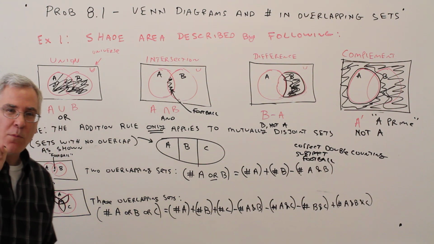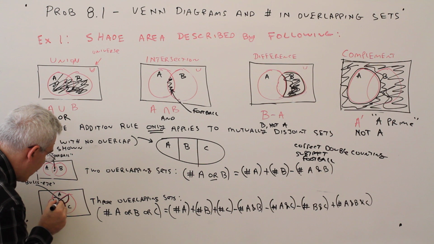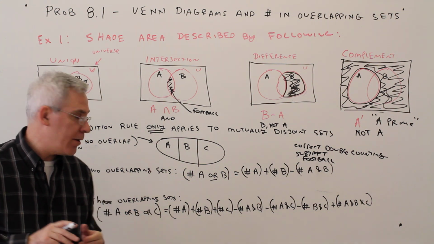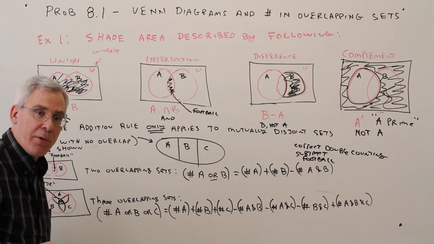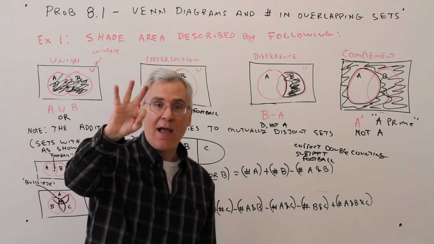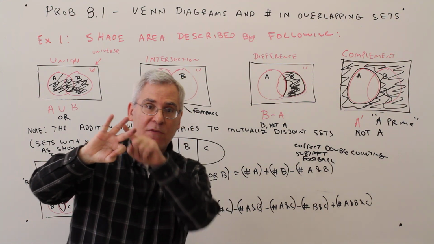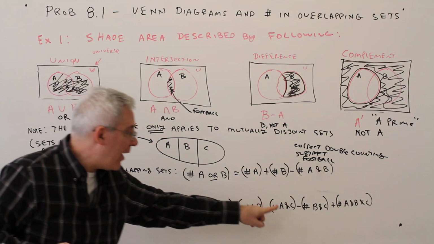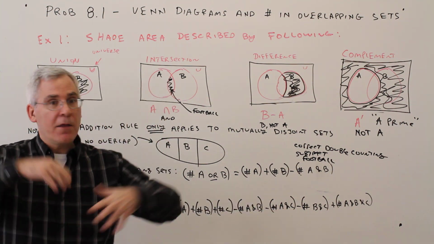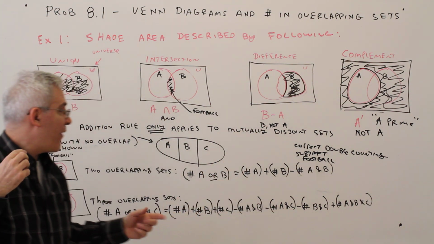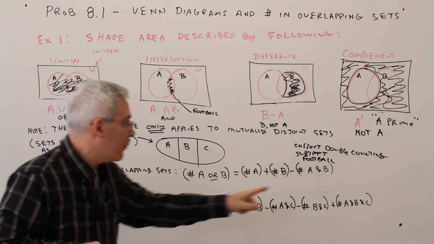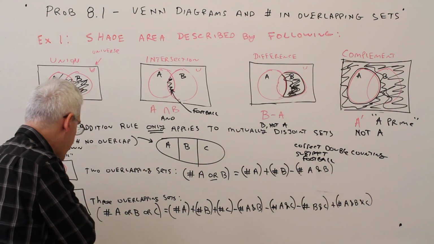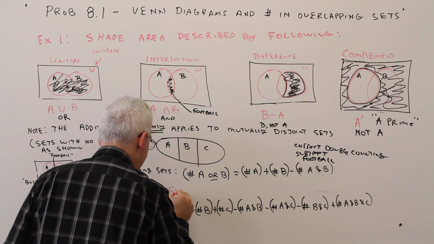But then we've got one more problem. The things in the middle there, I call that the bullseye. Those totally disappeared. And let me show you. Anything in the bullseye, it was counted 3 times, A, B, and C. It was subtracted 3 times, the AB football, the AC football, and the BC football. So poof, they disappeared. So what we've got to do is go back and restore them with the ABC football, or I'm sorry, bullseye. So the way that I remember this is we add the circles,